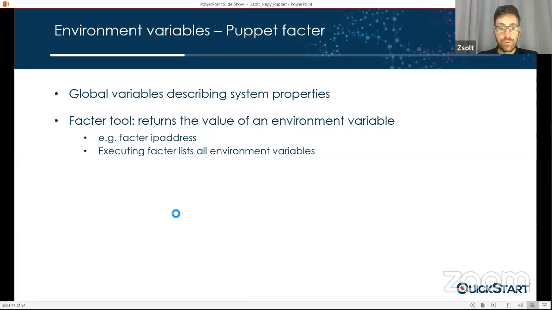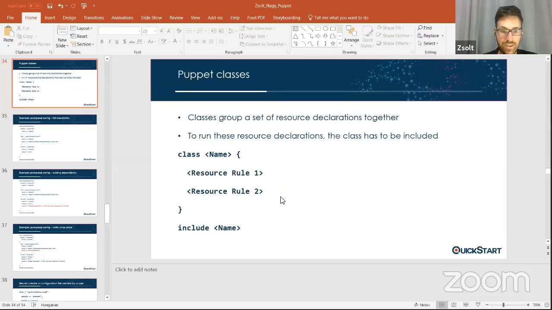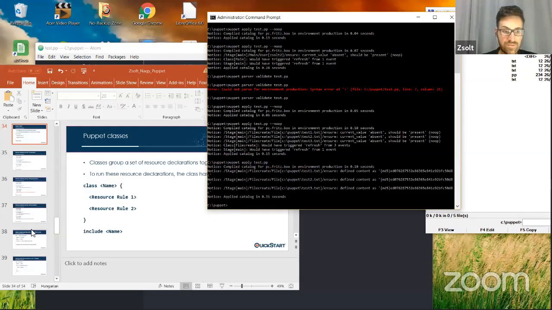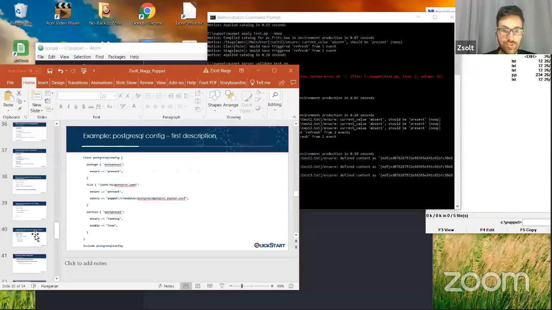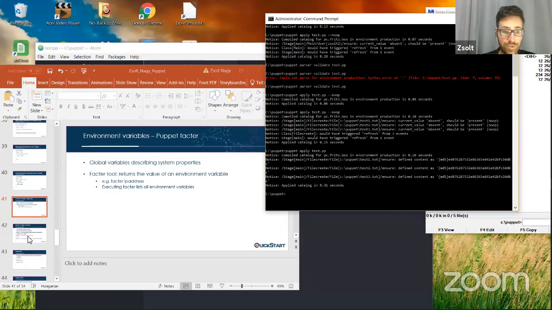Puppet factor, it's something that's also available to you. I can also demo it. For example, if I run this factor tool, then I can have access to the configuration, so some variables that describe the environment.